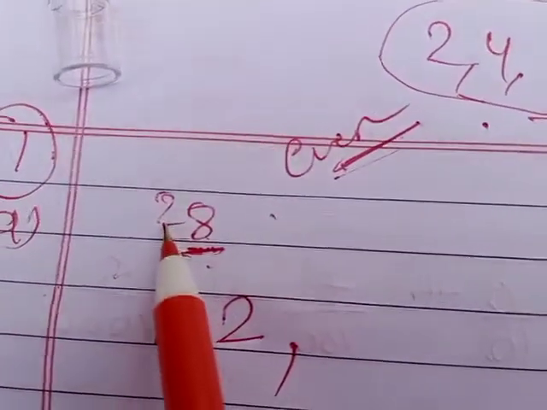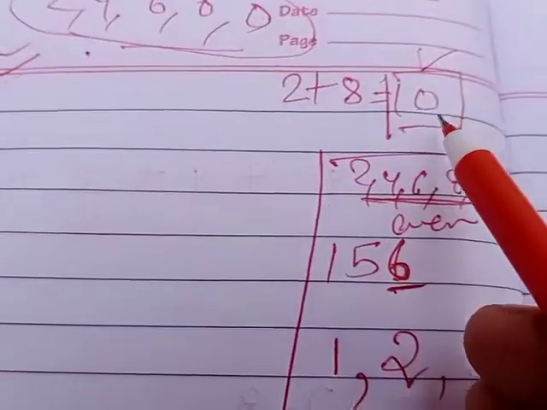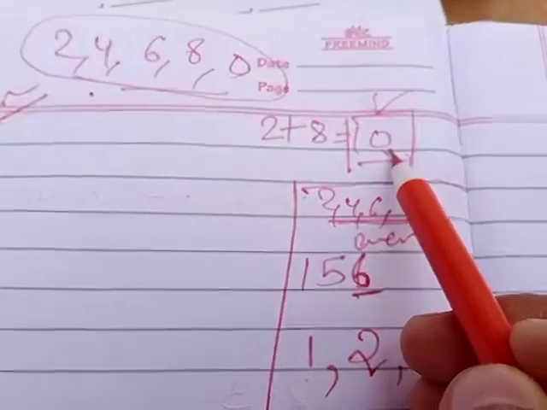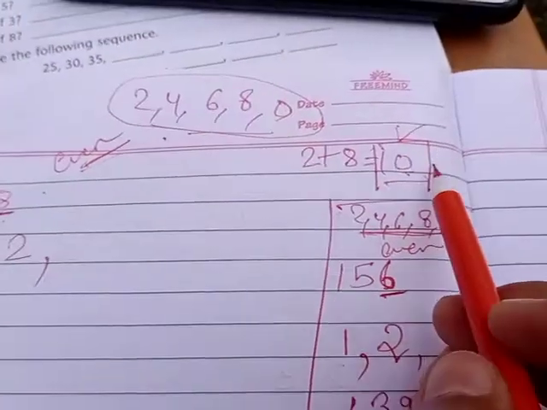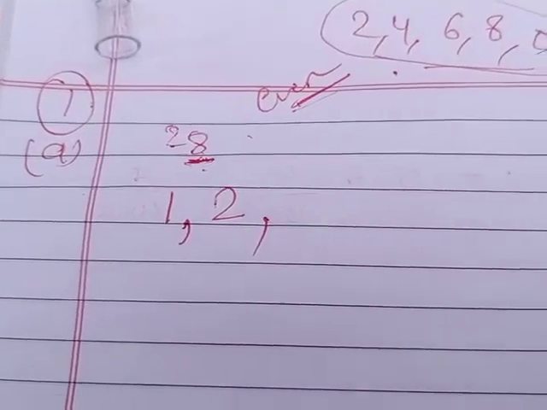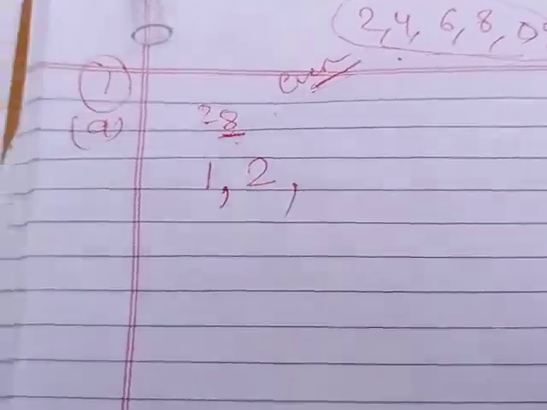So when I have added 2 and 8, we have got here 10. Is this 10 coming in the table of 3? 10 does not come in the table of 3. This means that 3 is not a factor of 28. Clear? After 3, how do we check for 4?